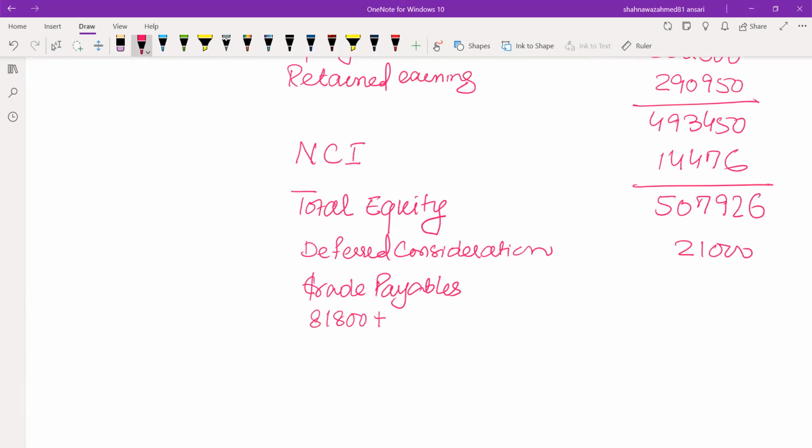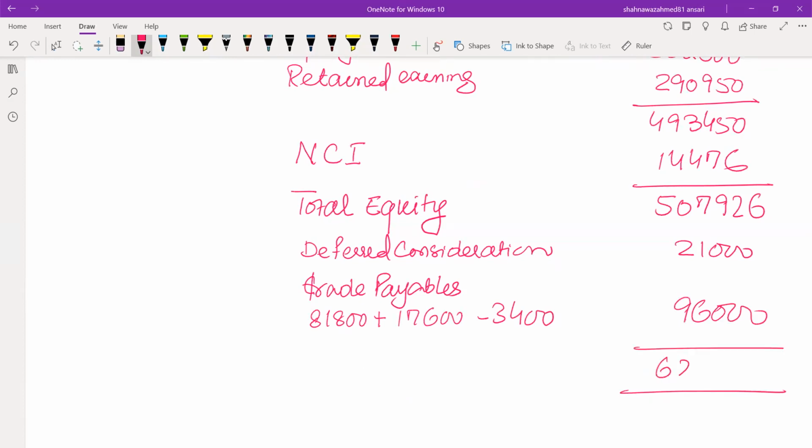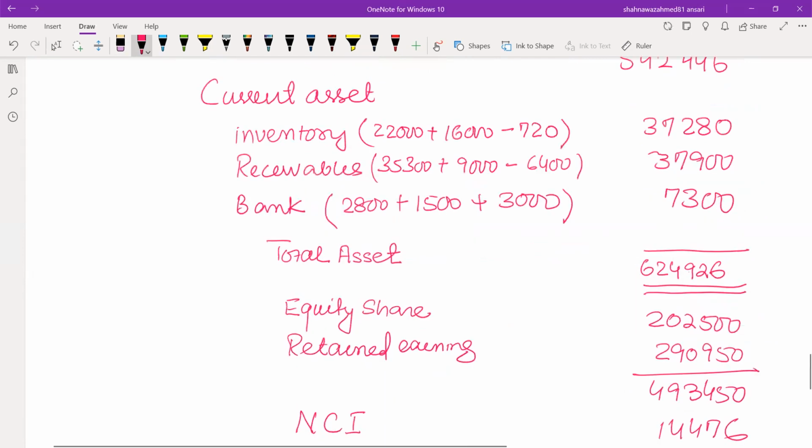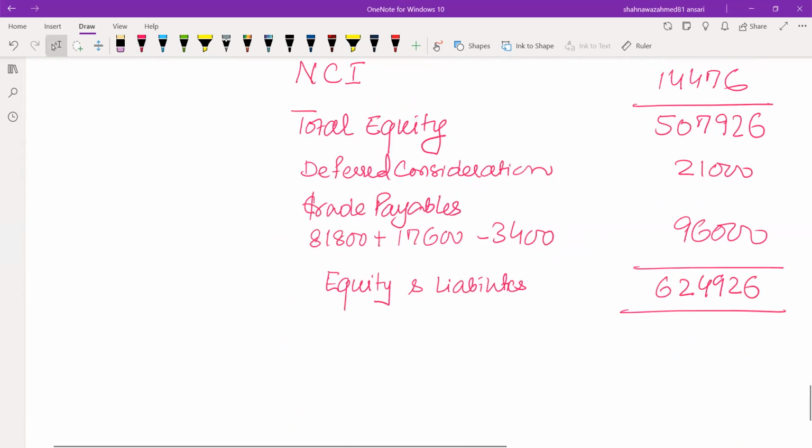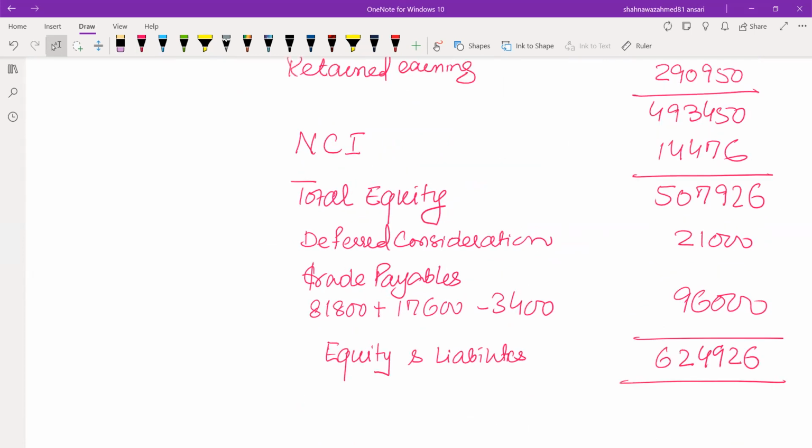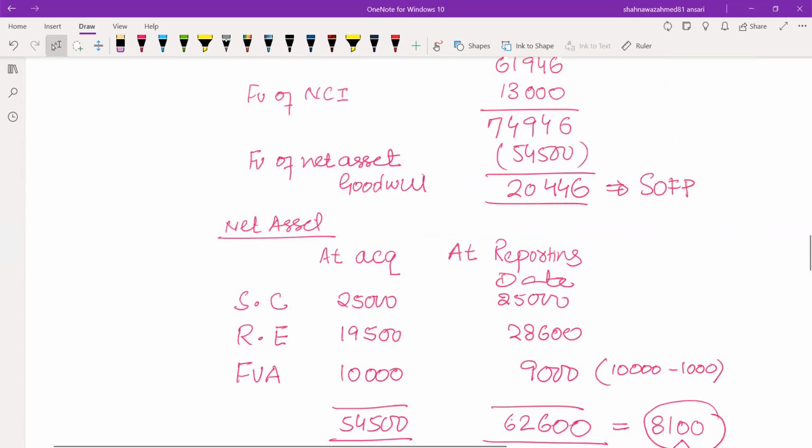So the consolidated payable here I have to show is 81,800 parent company's. Subsidiary is this one. Intra-group is 3,400. So it's 96,000. And now it's 624,926. That is equity and liabilities. This is the value, and our asset side is 624,926, and our equity and liability side is also 624,926. So balance sheet is tied, and all the question's information we have calculated correctly. Next part is